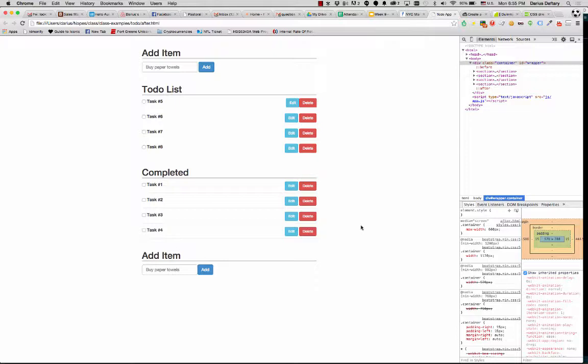Now, I included a class called list unstyled that gets rid of those bullets. But does anybody spot the error here? Well, for one thing, class names can't have spaces. So this right here is surrounded by spaces. So if I just get rid of that,